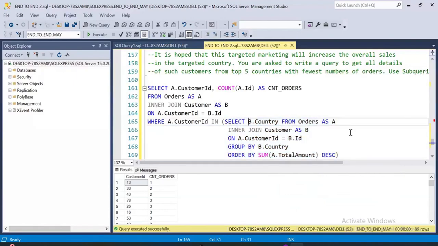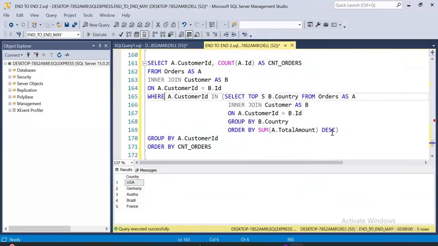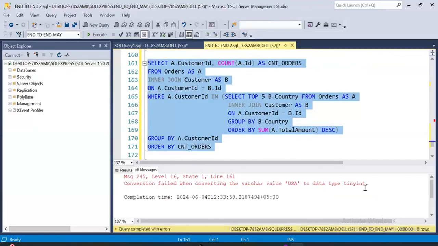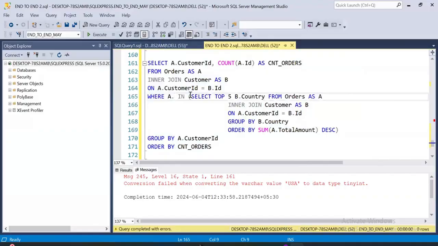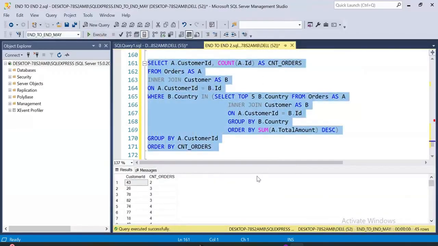डिसेंडिंग में वो सारी कंट्रीज Top 5. It will give me the top 5 countries based on the sales. These are the top 5 countries. Now it will filter the data for the top 5 countries and will group by customer ID and then done. और जहाँ पे customer ID है ना, it will be country, not A.country, B.country in top 5 done. So now I have only those customers' order count which are from the top